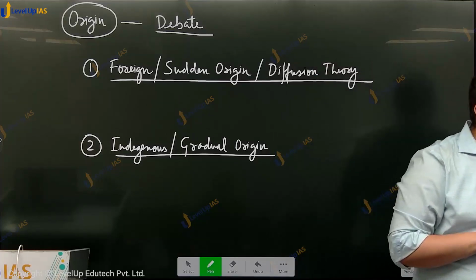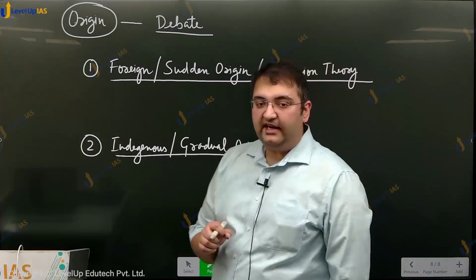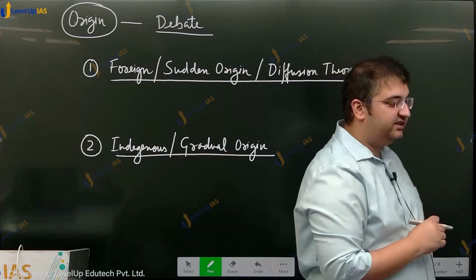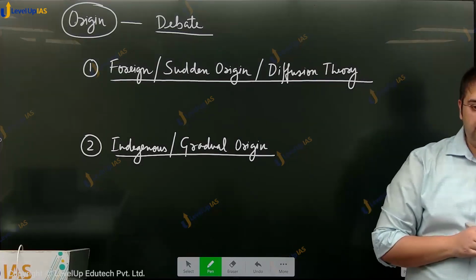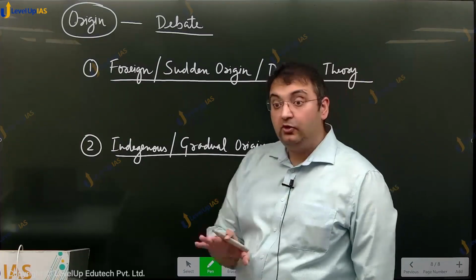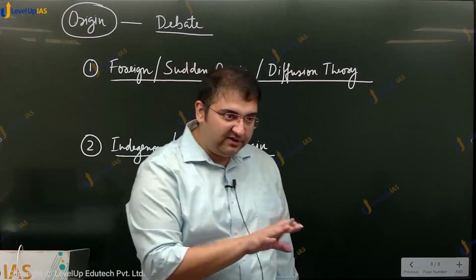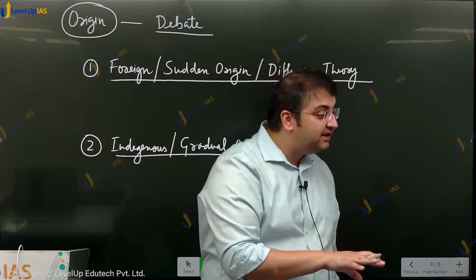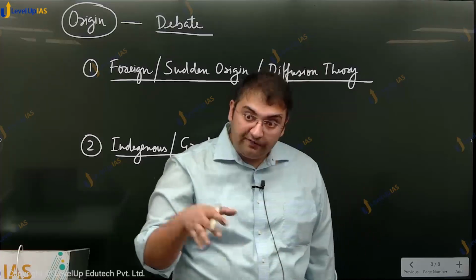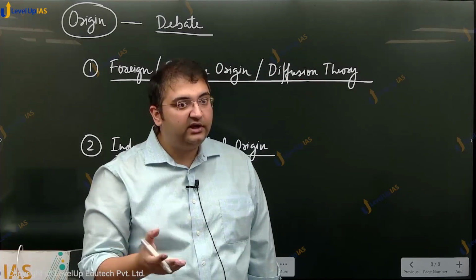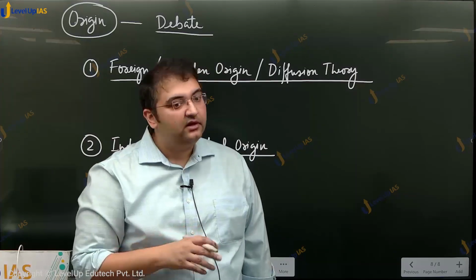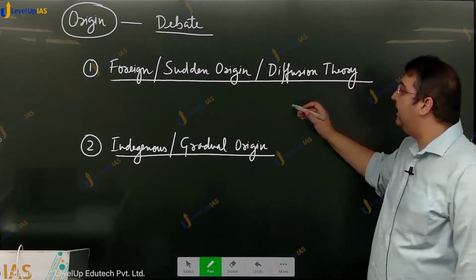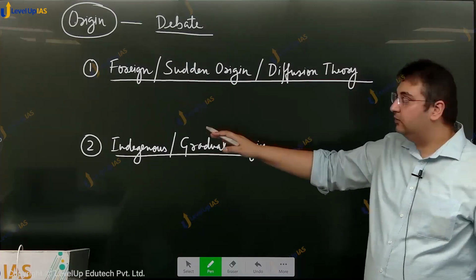Now, who were the earliest scholars to study the excavated sites of Harappa and Mohenjo-daro? Were these colonial historians or were these Indian nationalist historians? Colonial historians. Do you think that the colonial historians who always seek to justify the establishment of British rule and deny the past achievements of Indians, will they ever accept that such a grand civilization could have been the work of Indians themselves? Or would they try to give the credit to some outsiders? They will give it to some outsider, right? And that is why they came up with the idea of foreign origin. So